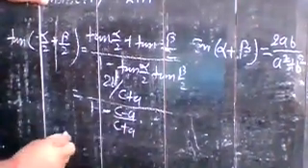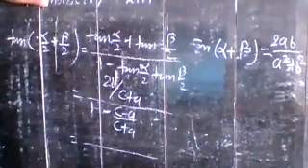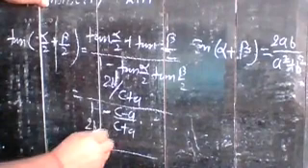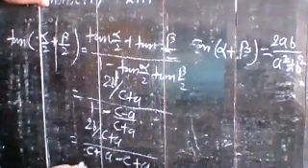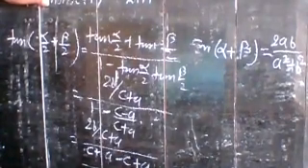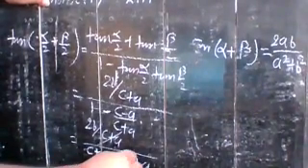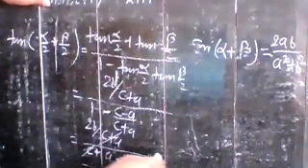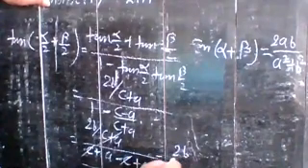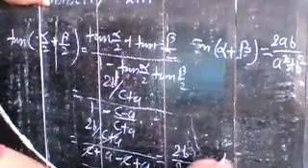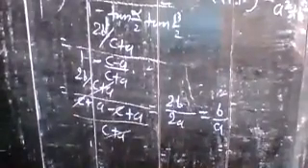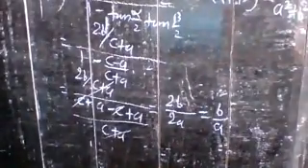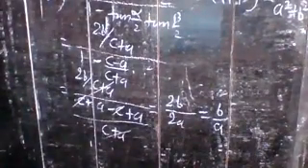Now taking LCM, so 2b upon c plus a upon c plus a minus c plus a divided by c plus a. So c plus a cancels out. Here you see that c and c also cancel out. Okay, so you have 2b upon 2a. So its value is b by a. So here you see that the value of tan alpha by 2 plus tan beta by 2 is equal to b by a.